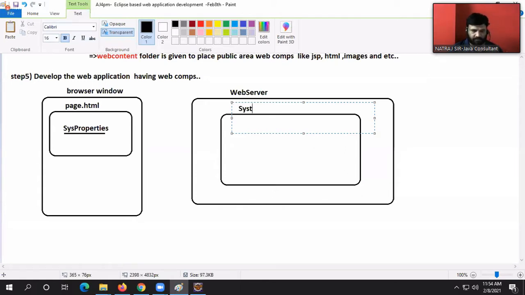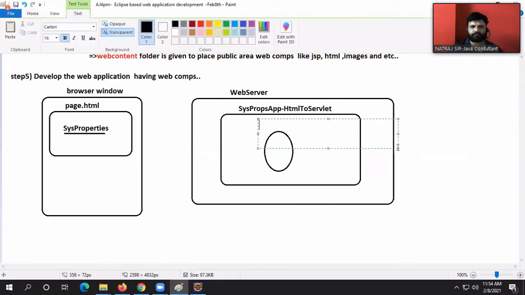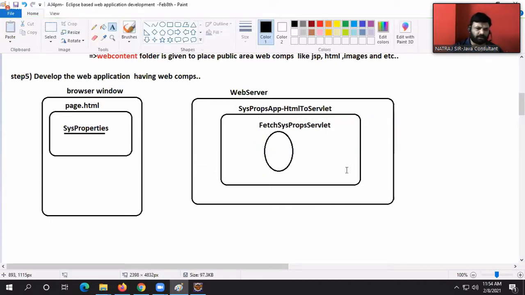Sysprops app: HTML to servlet. Fetch the sysprops servlet. When we click on the hyperlink, the request goes to this, and from there, to this one.